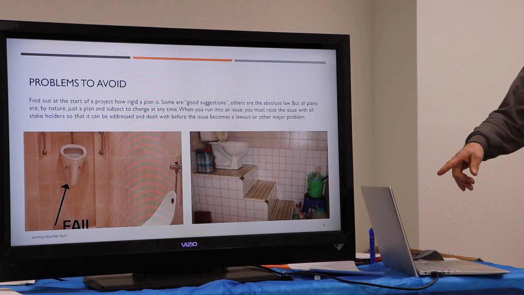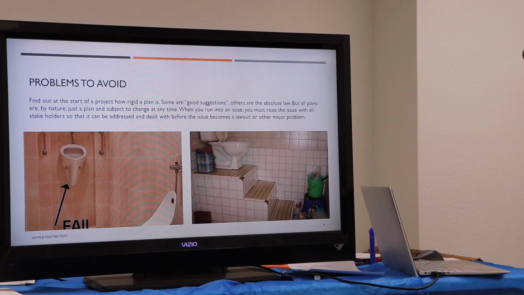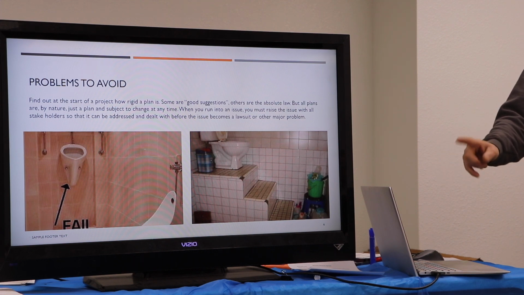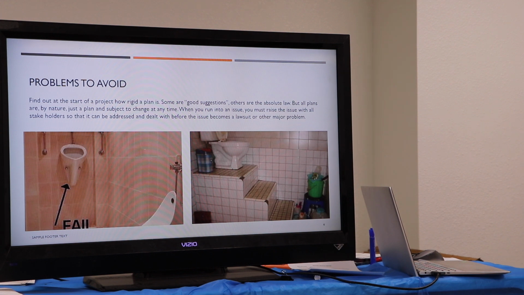And I went into a business in Ashland, and they had that kind of thing because the sewer outlet from the basement was that high. They had to put the toilet up that high to be able to have it gravity out the sewer drain. So anyway, that's where you have to understand what the intent is, and you have to be able to look at the plan and be like,